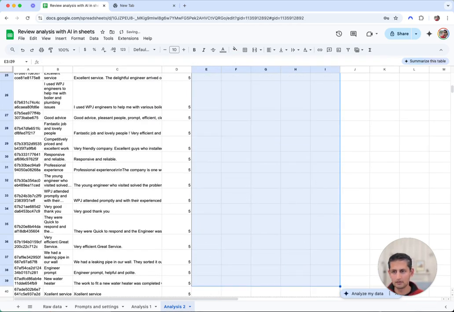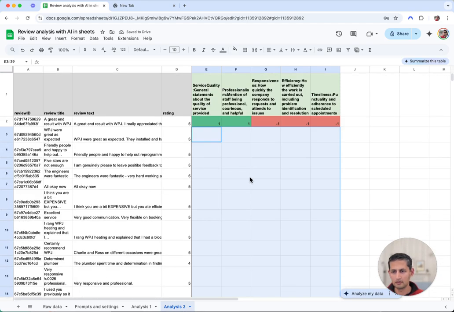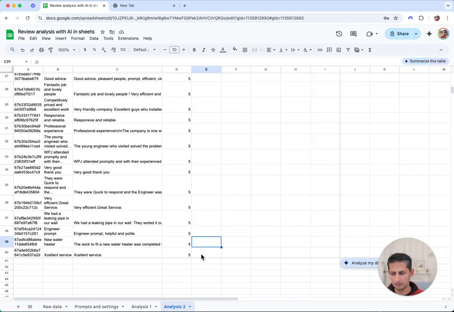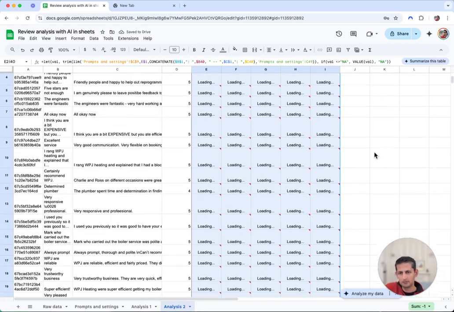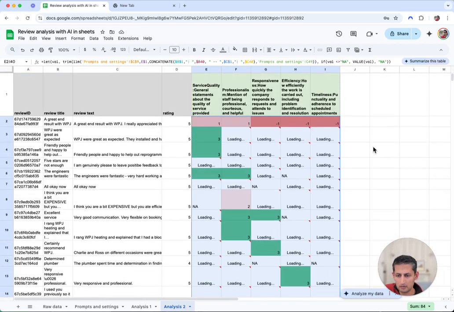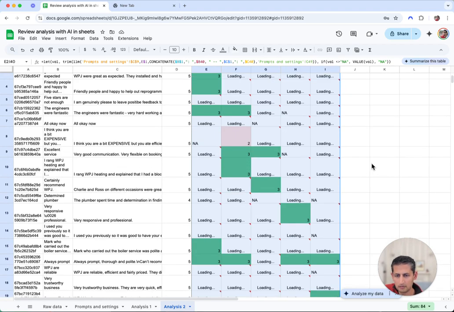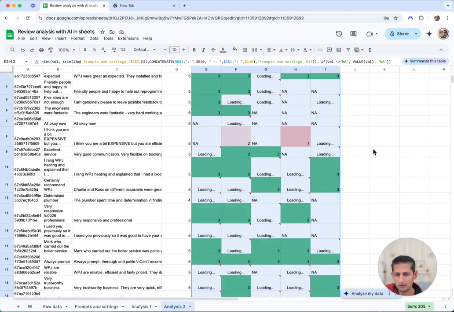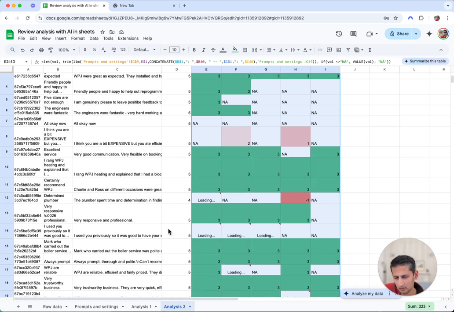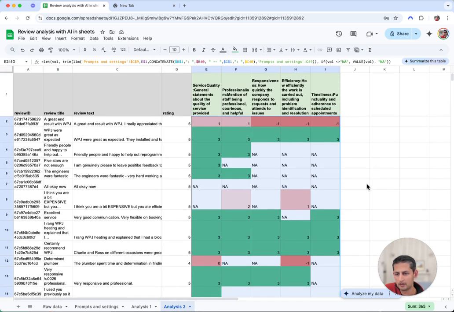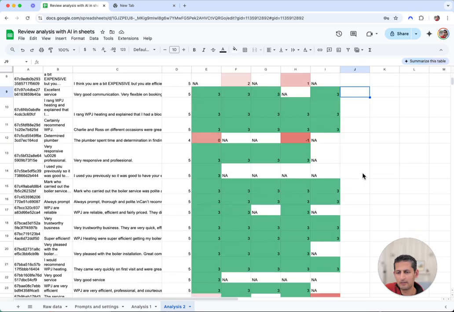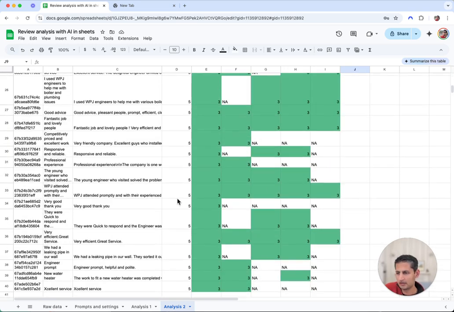Delete these guys. And let's try this one more time. Let's see. Hopefully the new key should work now. And yep, it is beginning to populate a whole lot of stuff, and we're seeing a lot of greens because, as we know, these were all 4-star and 5-star reviews. So that's a little bit of a bummer. My bad for not choosing the greatest example, but as you can see,